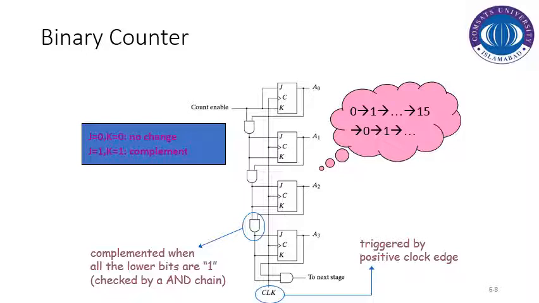The most important thing which we can observe from this diagram is that the clock source of all the JK flip-flops is basically the same and connected to the main clock source, which means that all the flip-flops are triggered at the same time on the positive clock edge, while this was not the case when we were discussing the ripple counters.